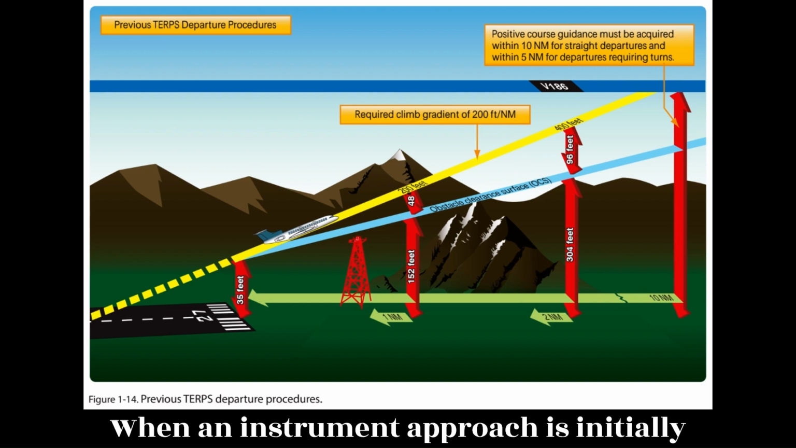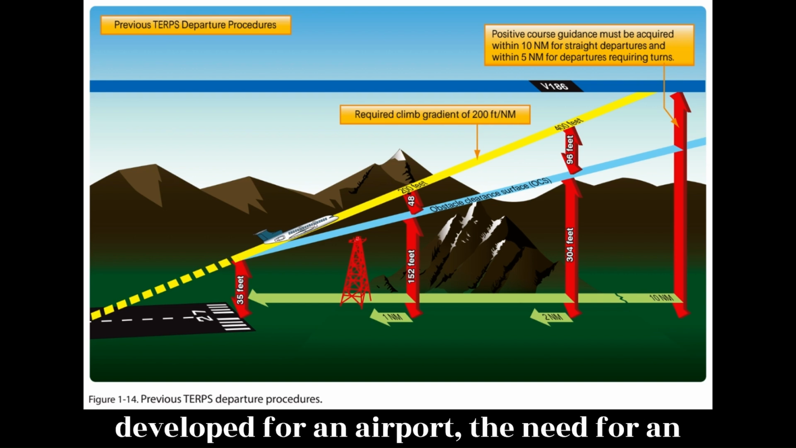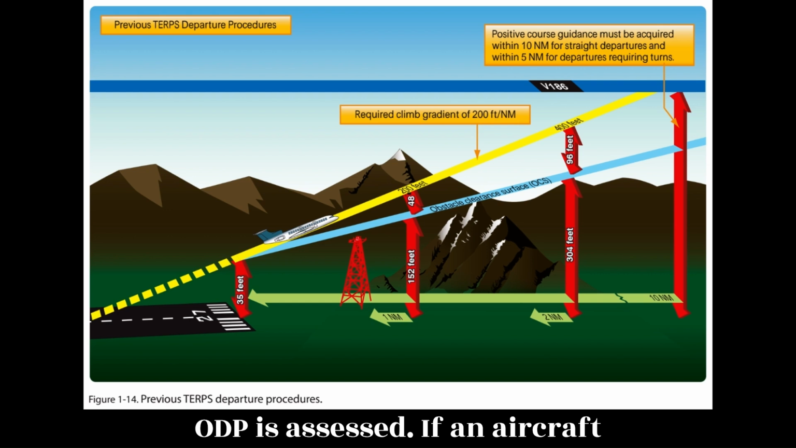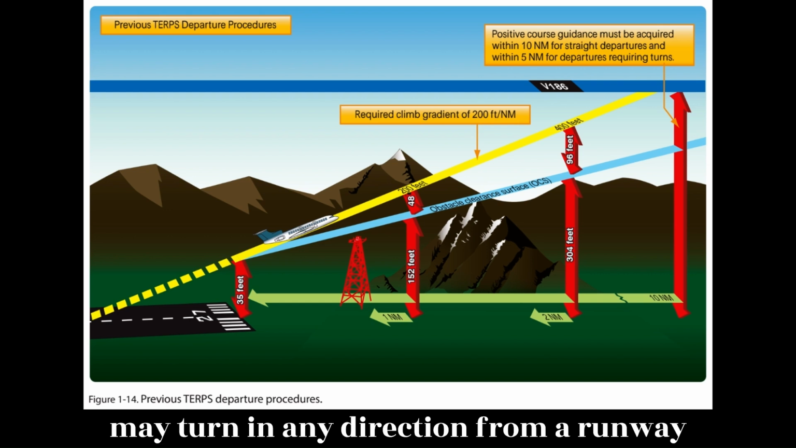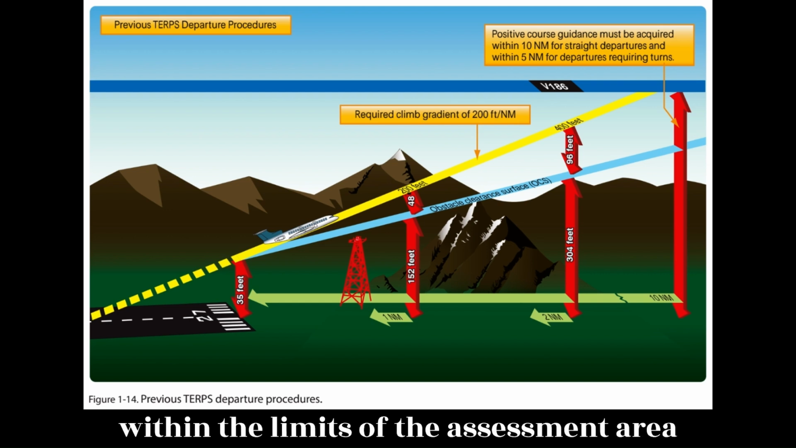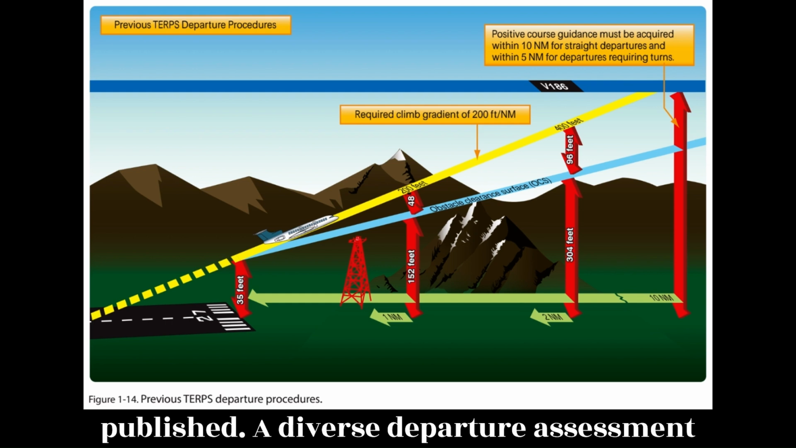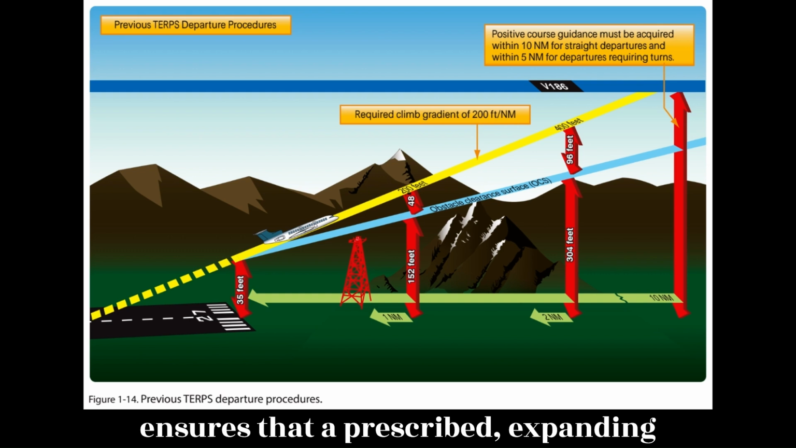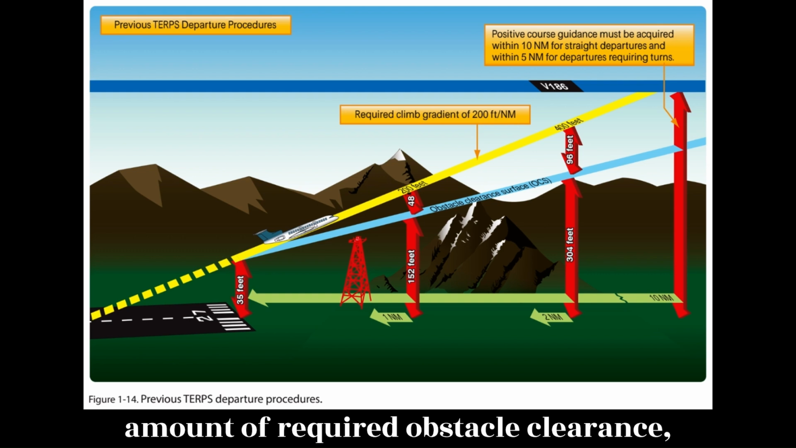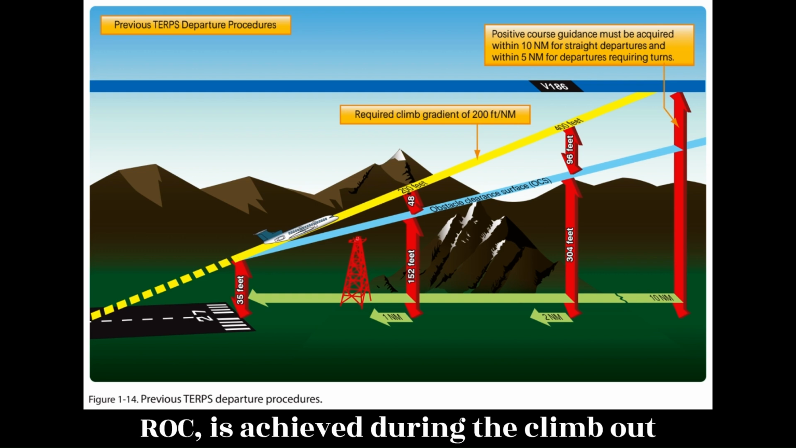When an instrument approach is initially developed for an airport, the need for an ODP is assessed. If an aircraft may turn in any direction from a runway within the limits of the assessment area and remain clear of obstacles, that runway passes what is called a diverse departure assessment, and no ODP is published. A diverse departure assessment ensures that a prescribed, expanding amount of required obstacle clearance, ROC, is achieved during the climb